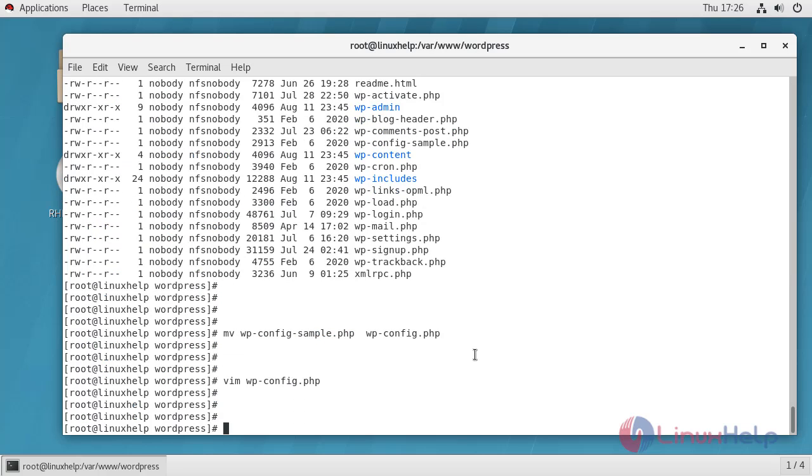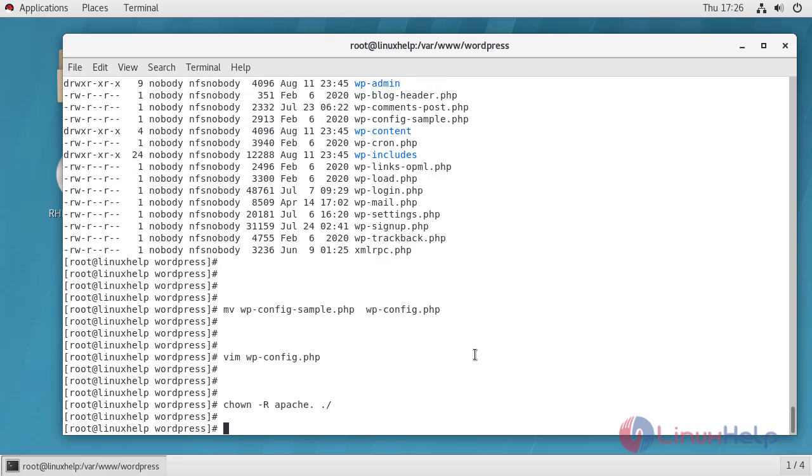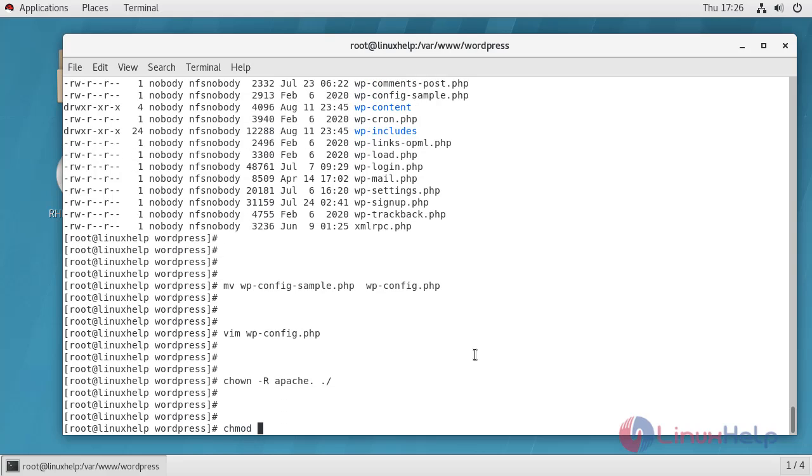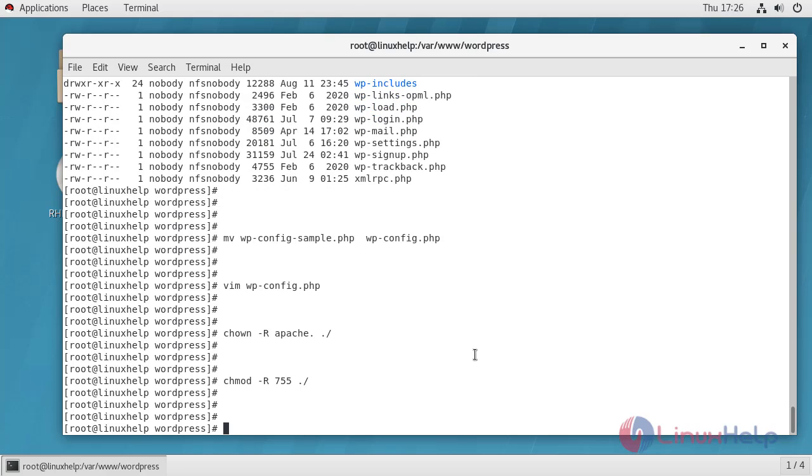Now we have to set ownership and permission for this directory. After this, we have to configure virtual host for WordPress CMS.